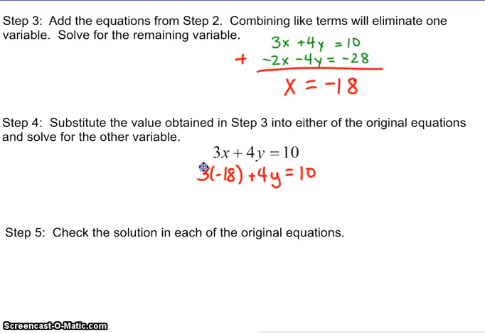Alright, so 3 times negative 18 results in a negative 54. So I'm going to add 54 to both sides, and 4y equals 64. In order to get y by itself, I will divide each side by 4, and I get y equals 16. So the answer to this problem is negative 18,